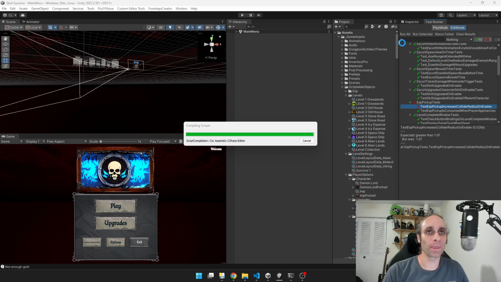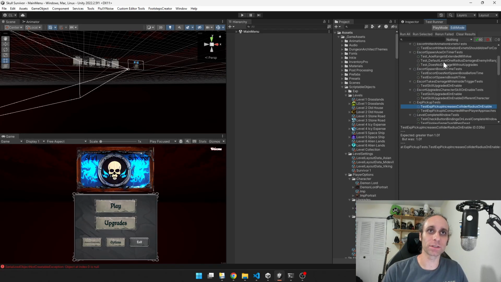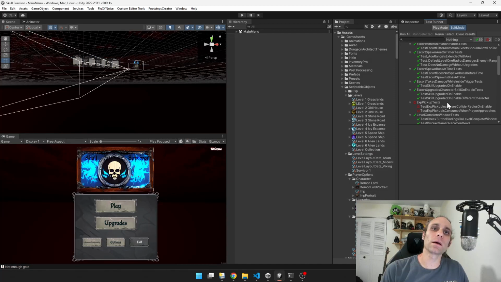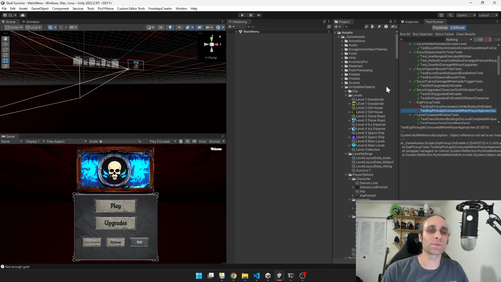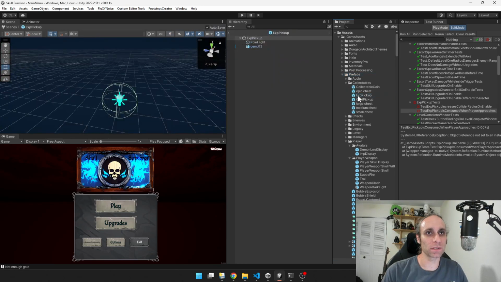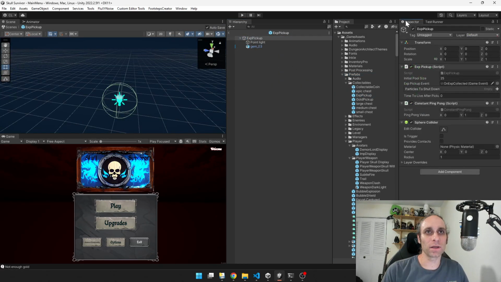So let's see if the test works, and then we can play test it and call it a day. Of course, this build has to finish. And yes, now they're both broken. And that's because player options is not set on that object. And so the EXP pickup is not going to be there yet. So of course we've got to go to collectibles, EXP pickup. On the inspector here, we're going to just say,